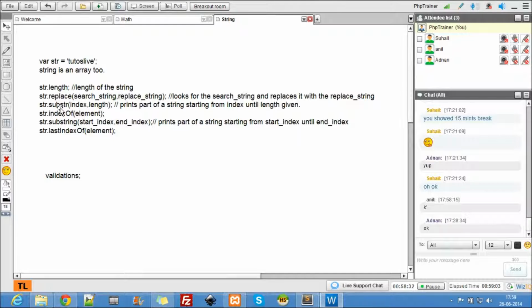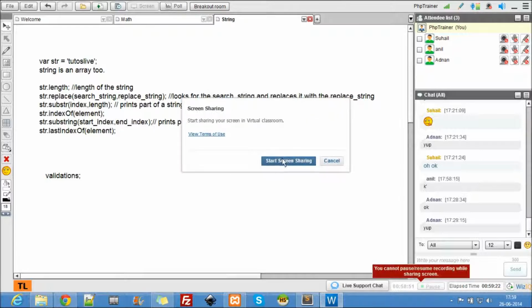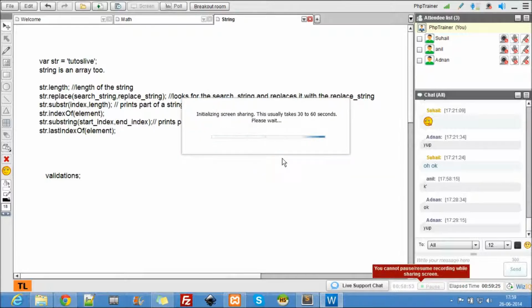All this complicated JavaScript will be made easy in jQuery. jQuery is just a click, that's it. It's fantastic. So yeah, string objects are used in validations, and we'll see how we can do this in the coming classes. No worries. Let's go ahead and see what these guys really do.